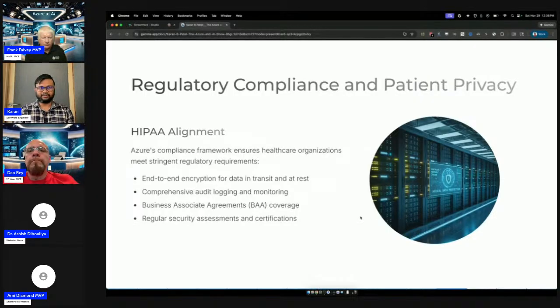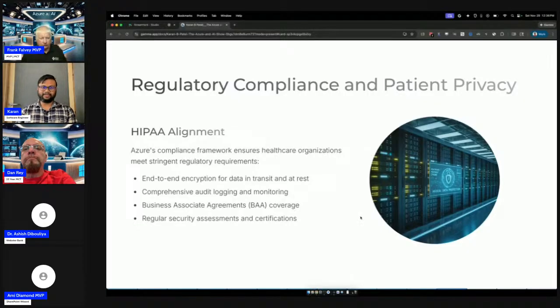Using the Azure compliance framework, all this would be taken care of by Azure, and the IT team would not have to worry about these healthcare compliances individually, like end-to-end encryption for data which is in transit as well as at rest, comprehensive audit logging and monitoring that would again be provided by Azure, and business associate agreements, and then regular